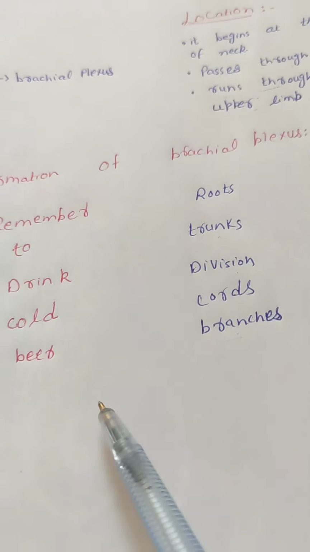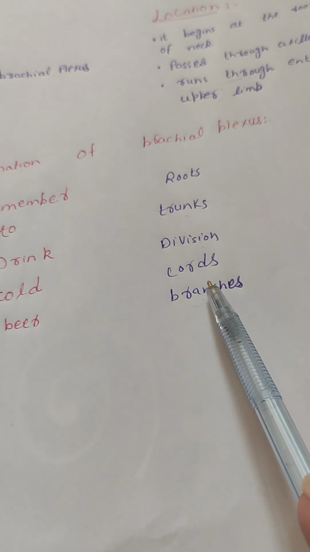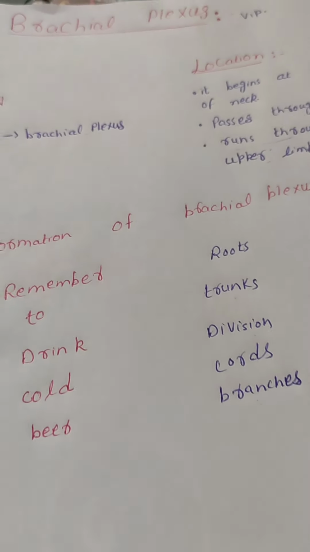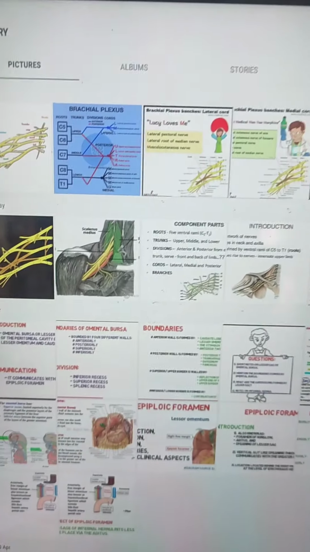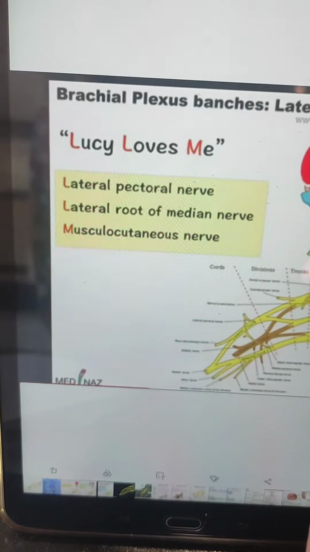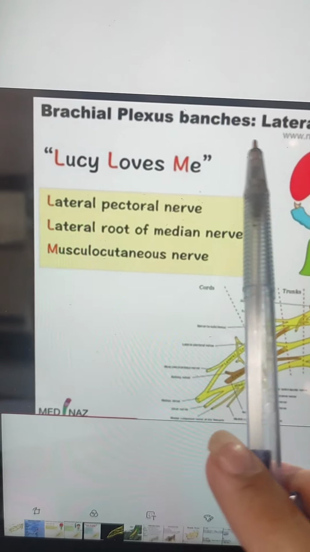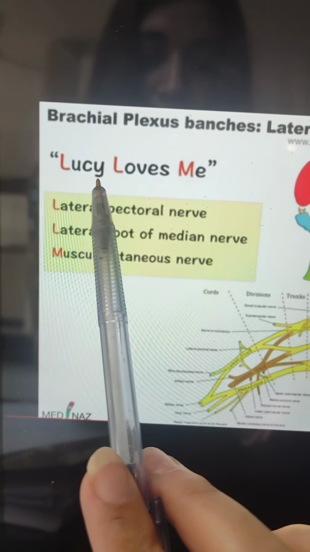After the trunks, there come the branches of the cords that are going to innervate. For that, I also have mnemonics. First of all, we will see the lateral cord, right? The lateral cord is formed by the anterior divisions of the superior and middle trunks. You can remember it by the mnemonic